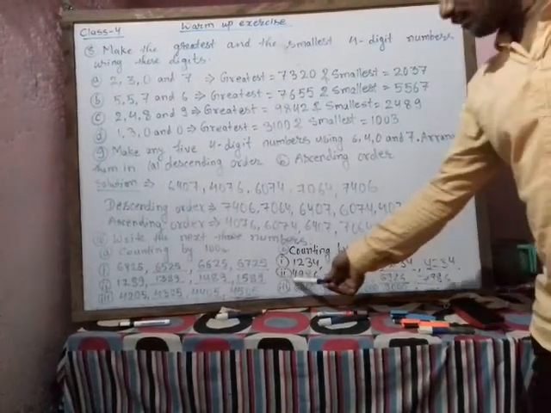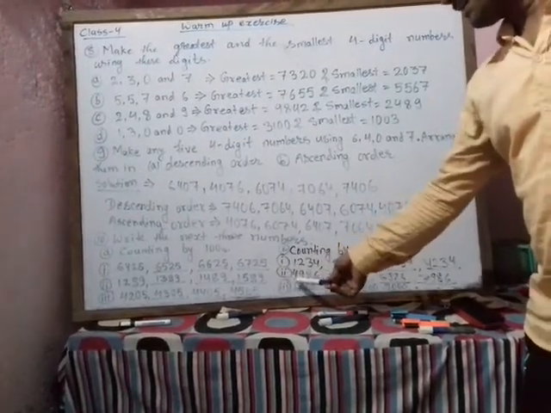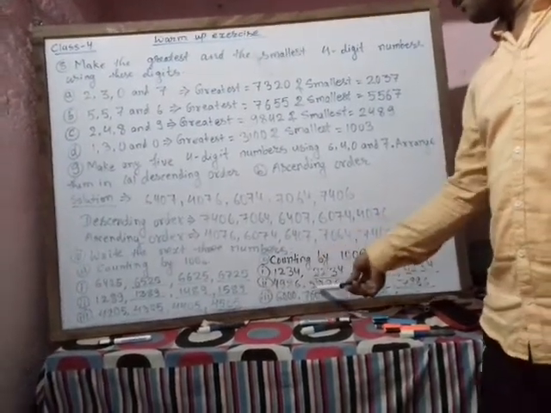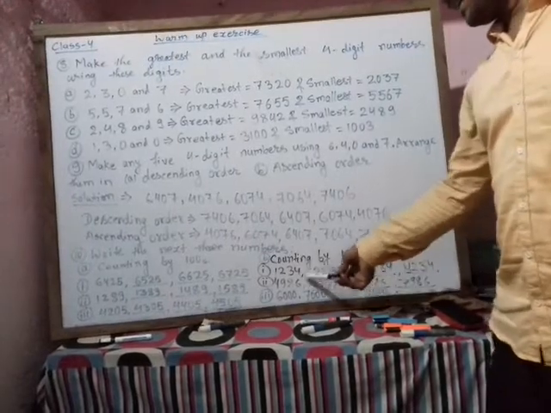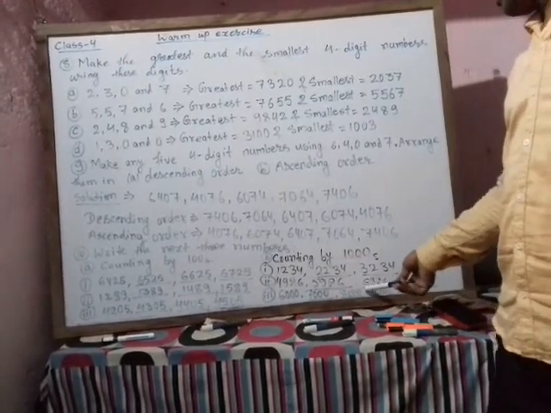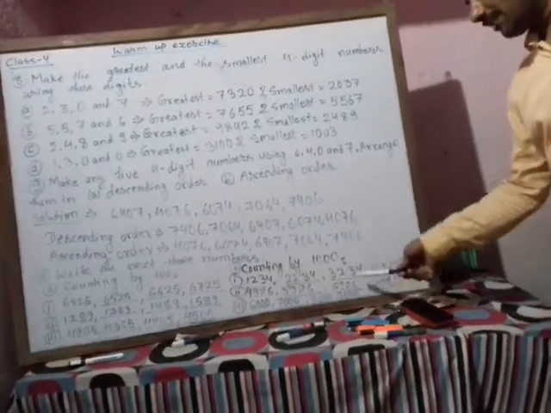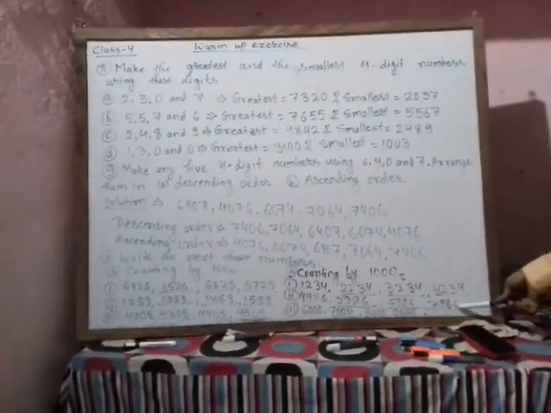And after that, another question, that is 4986. Here also in the 1000 digit we will add 1, it will become 5986. Again in this 5 we will add 1, then it will become 6986, and again in the 1000 place we will add 1, then it will become 7986.